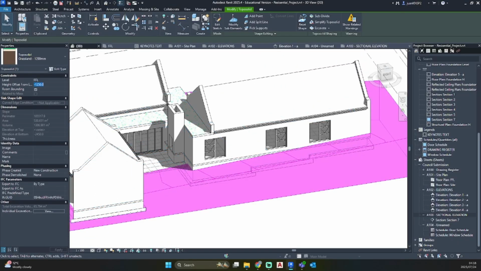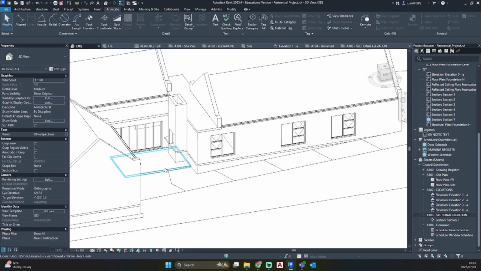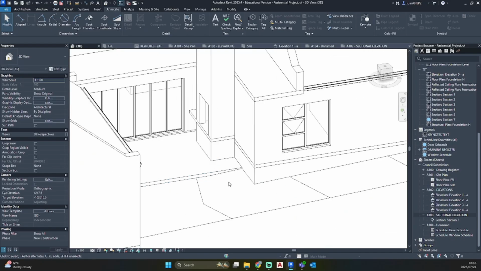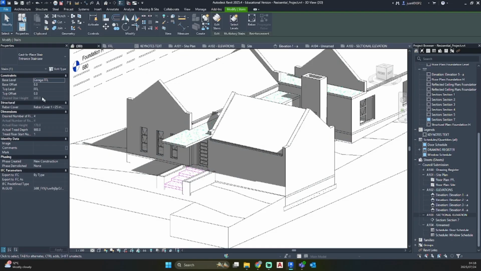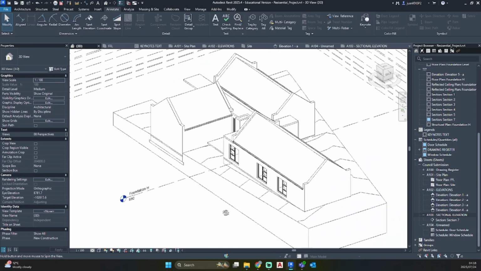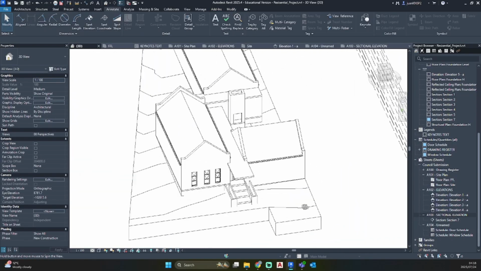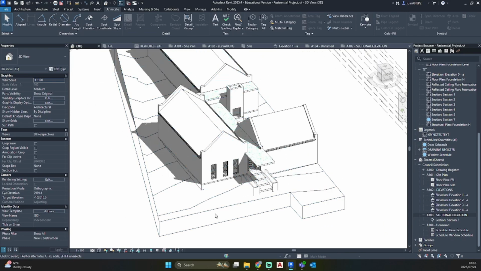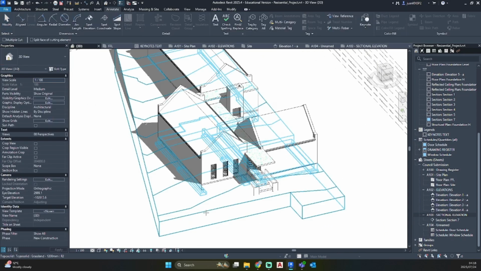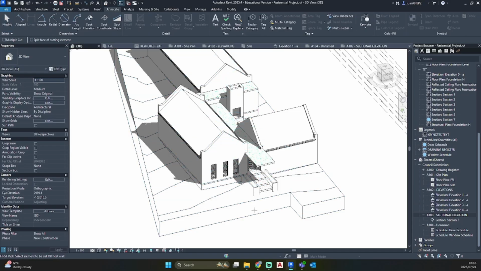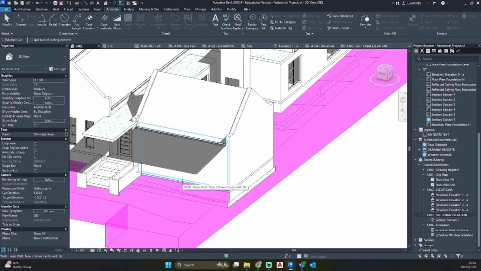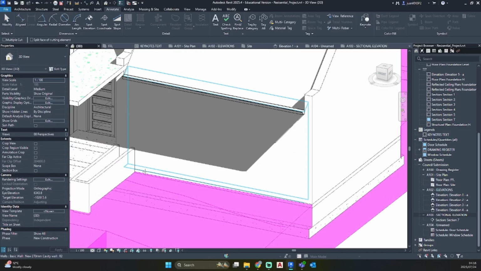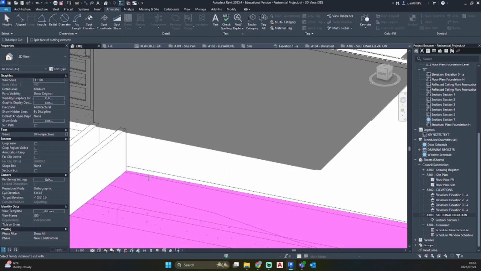So I'm going to move my site back down to 1500 so that we get a better finish here. We'll fix this in a moment. So this is the type of thing that you'll need to do once you have started to finish your drawing. This is why I kept mentioning cleaning up while you do your drawing, so that you don't need to go through this process at the end of it.